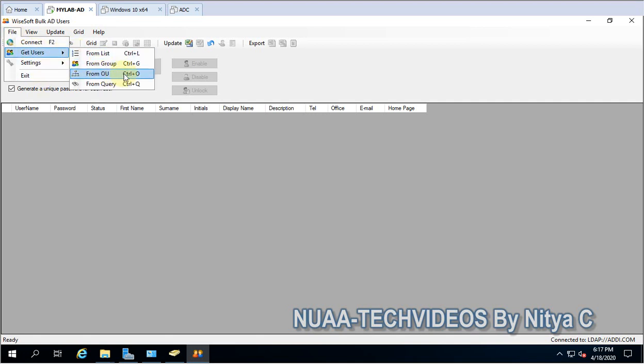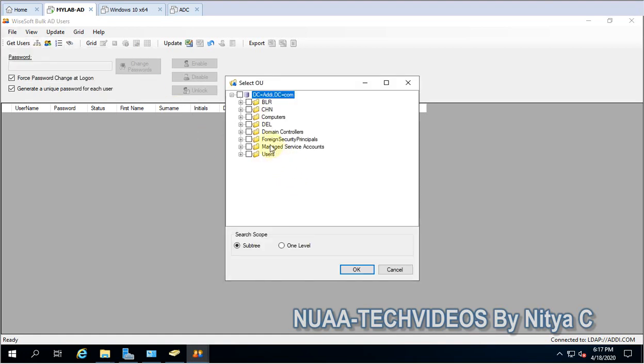And here, from OU. If you want the users from this OU, to know how many users are there in a specific OU, you just click on that or select that. And here it is subtree or one level. If you select one level, only the BLR OU will be targeted.